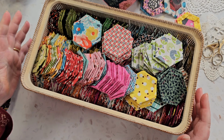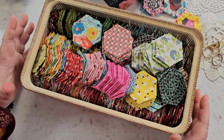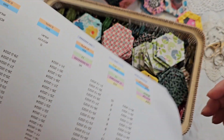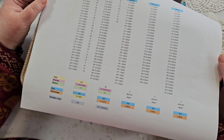So I've kind of lost count of how many hexagons I've made so far. Nowhere near enough, that's for sure. Because I guess I'm a bit of a nerd, I have made a spreadsheet in Google Docs